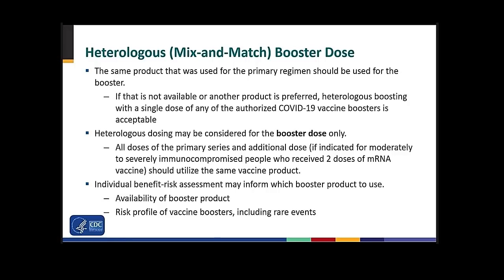I too would support what Dr. Talbot was saying to soften the language about the same product, knowing how detailed some of our vaccinators can be. They would take this more as the law rather than the flexibility. And I think we need to really make this as flexible as possible. And then I'm still